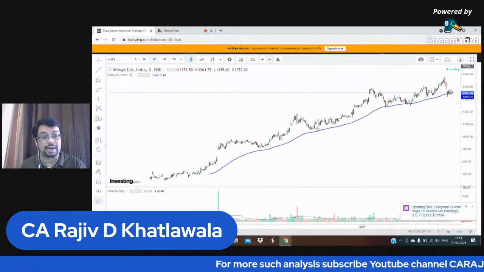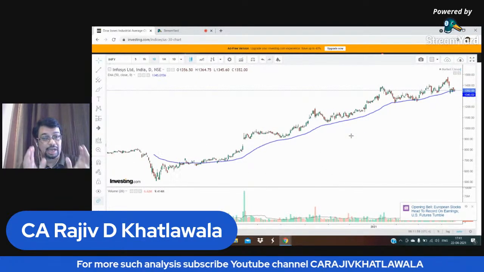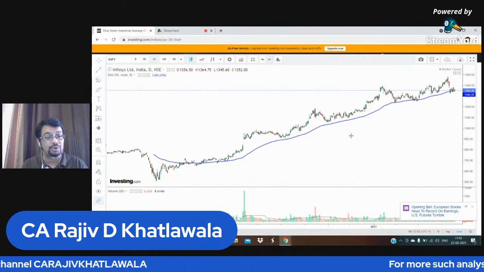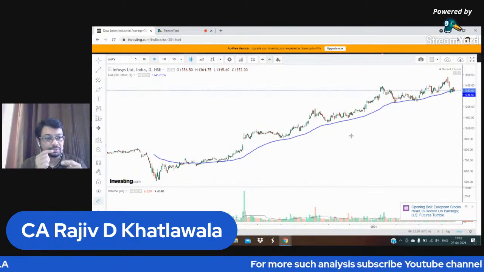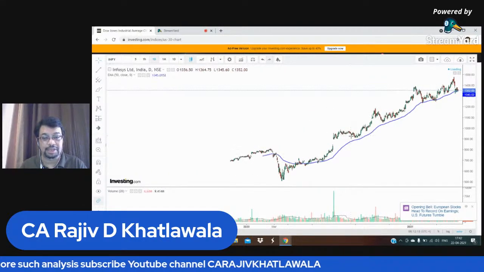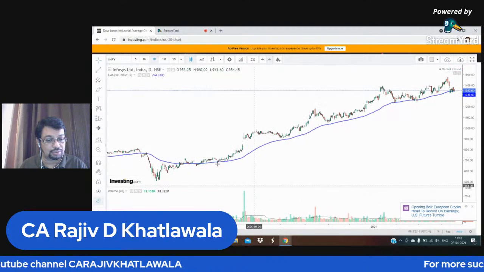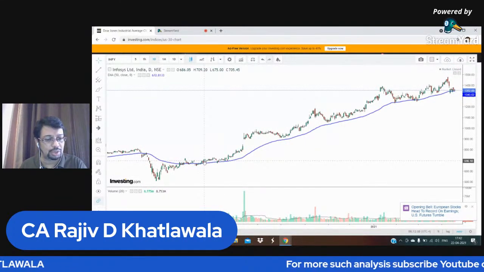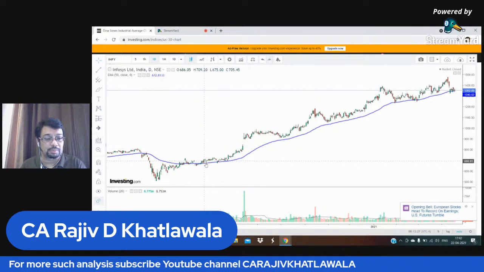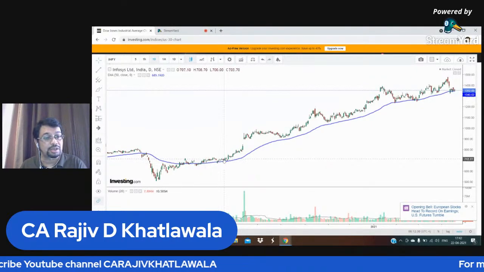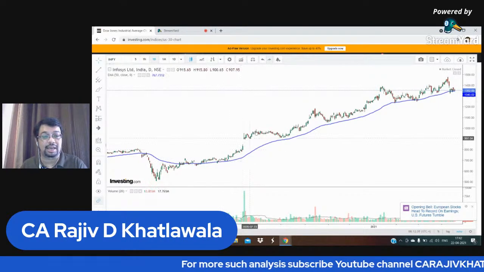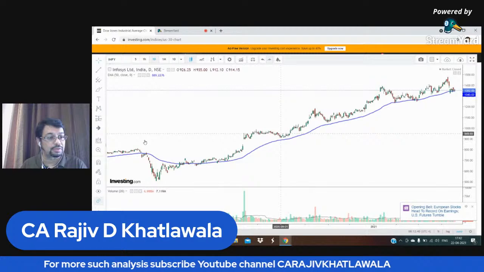And as you can see right now here, I have just changed the chart. I have just changed the script. I have not changed the moving average value. It is 50 only, and therefore the software has recalculated the 50 days moving average for Infosys. Also here, if you are observing, right from the level of around last May 2020, that is at 705 levels, the price of Infosys closed above and started trading above this 50 days moving average, and thereafter, in its entire journey till date, as you can observe,